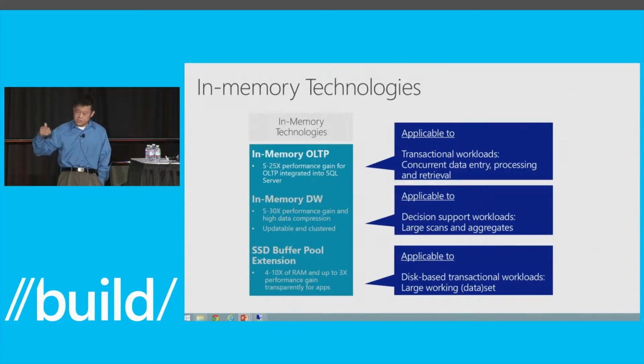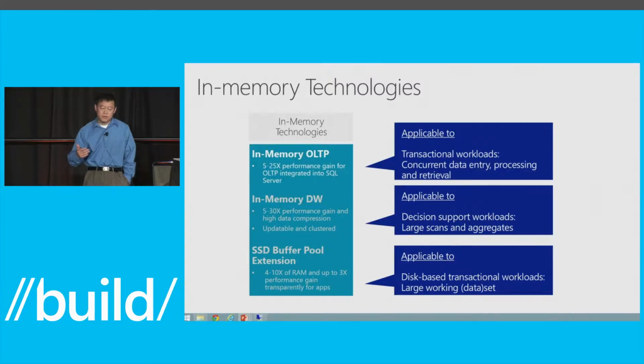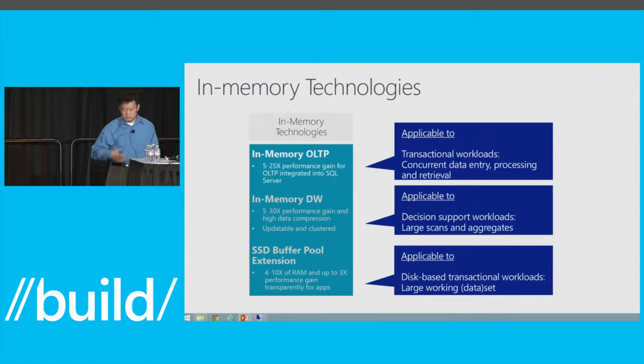Allow the clean pages to be destaged from the buffer pool into that cache. So this is very useful for traditional OLTP apps, where you are having a lot of memory buffer pool pressure, but you don't want to spend the money to buy a lot of real memory. And this, by the way, is not compatible with in-memory OLTP, right? So that's quickly, at a glance, what the